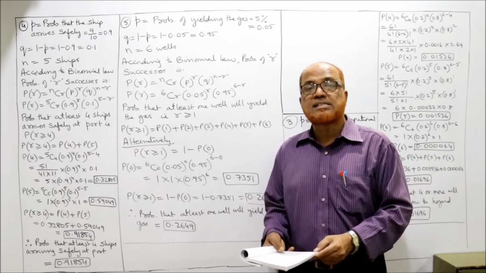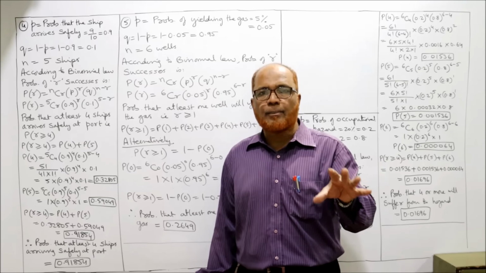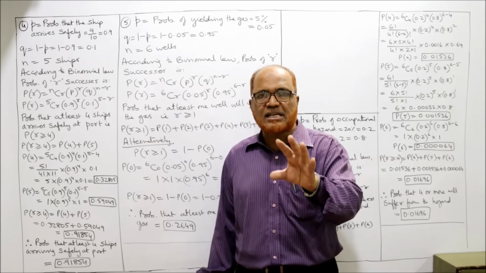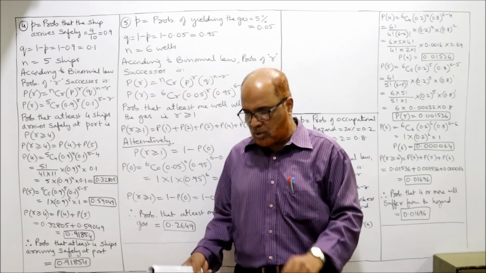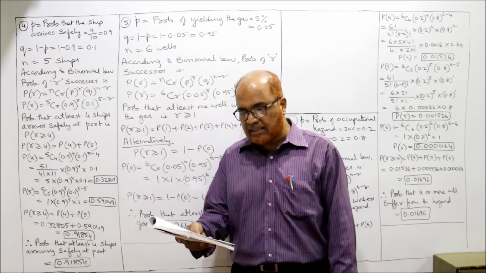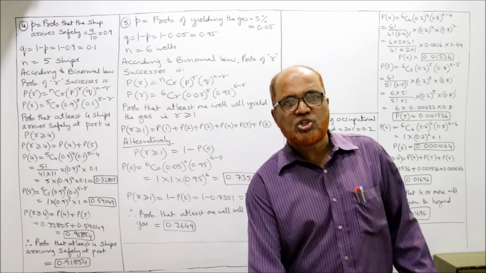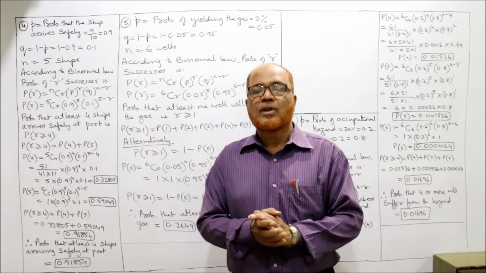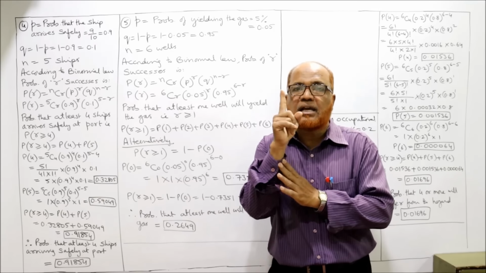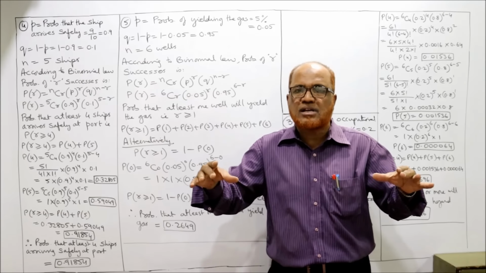Then if this oil exploration company drills 6 wells, that is, N is equal to 6, find the probability that at least 1 well will yield the gas. If 6 wells are drilled, what is the probability that at least once, out of these 6,